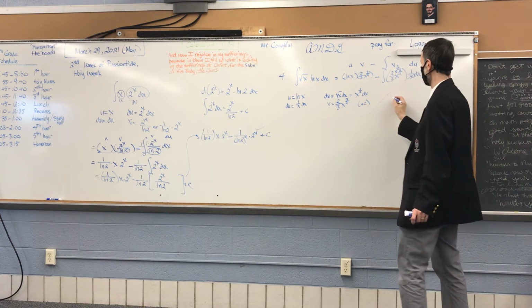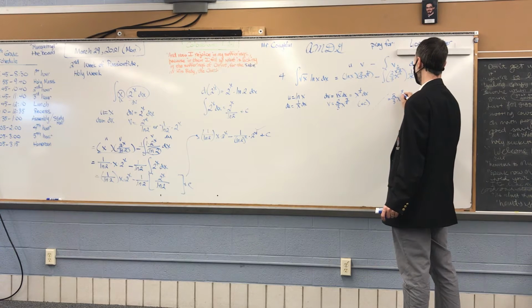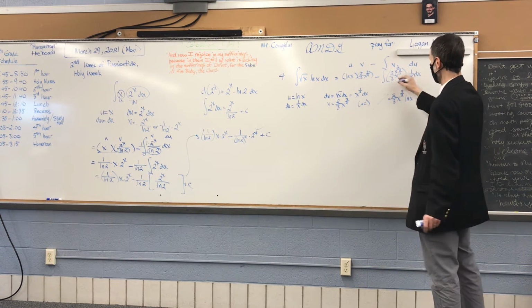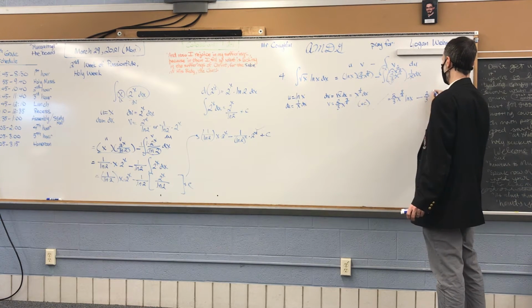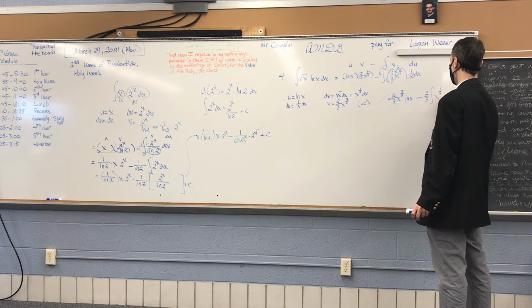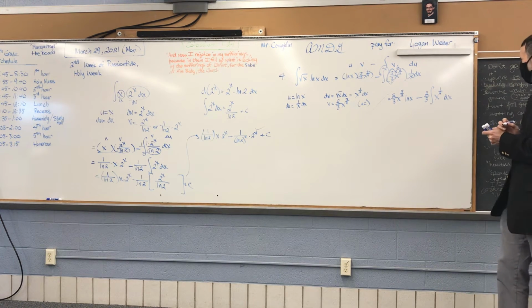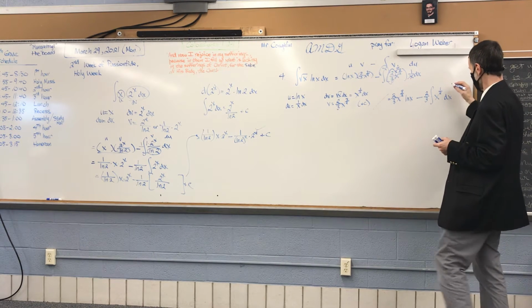Let me rewrite that. So this whole thing is 2/3 x to the 3 halves ln of x minus this thing. I'm going to pull the 2/3 out in front of that, and it's 2/3 times the integral of x to the 1/2 dx. Go for it. Okay. Then that equals